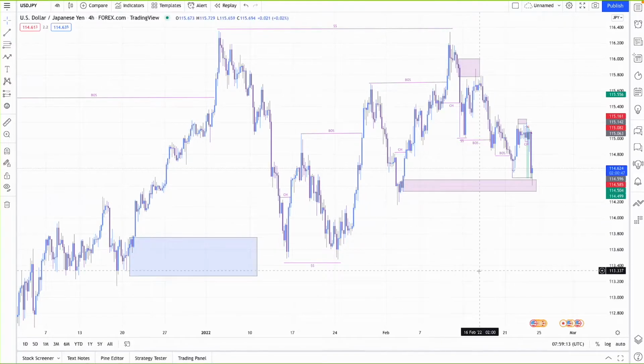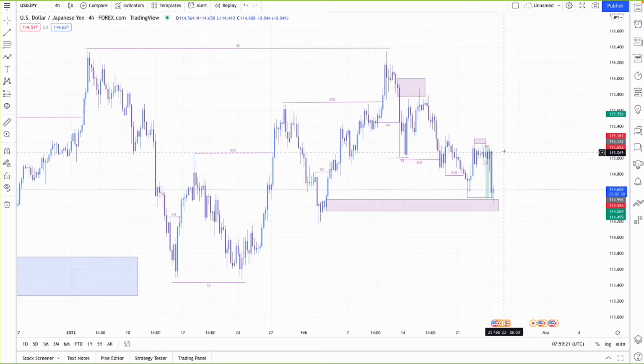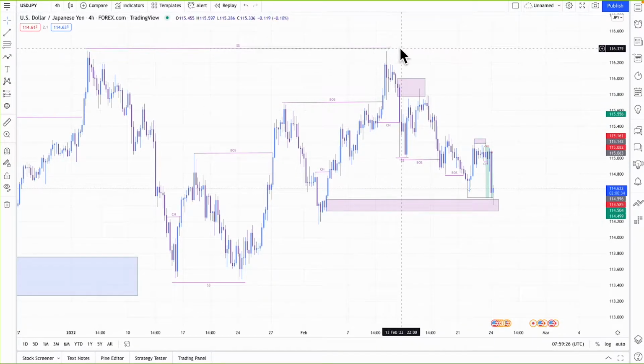If this low goes, UJ completely flips itself on its head and we shift to complete bearish order flow on the higher time frames. If this demand level holds and we have a 4-hour change of character, I'm definitely expecting these highs right here to be taken out. So there's our two perspectives. And now let's get down into